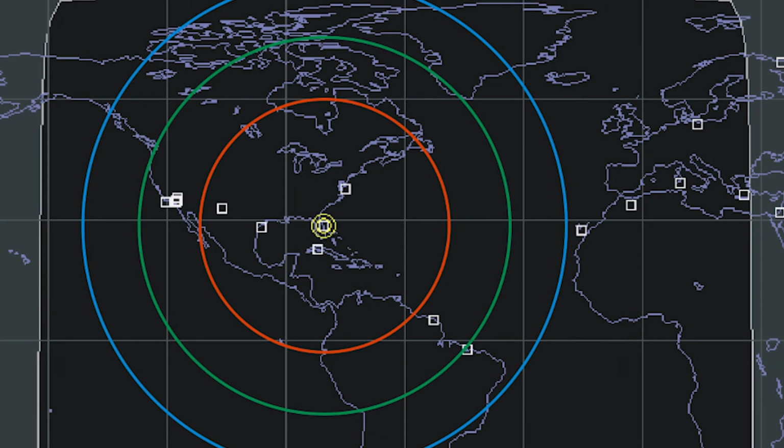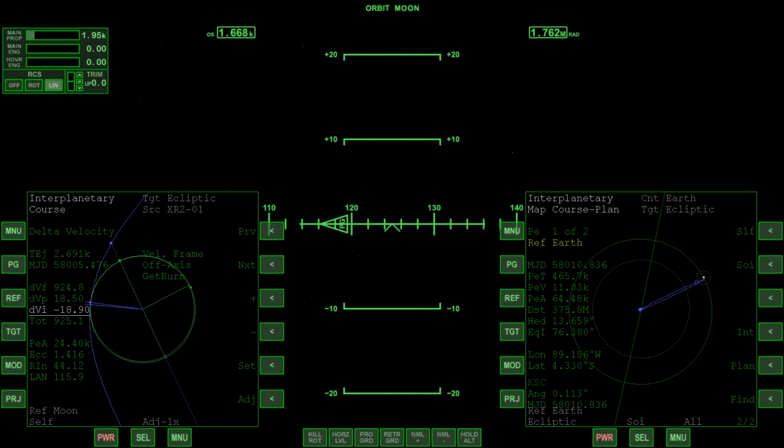If we take a look at this map here, you can see this is where we would actually be hitting the atmosphere, and then our trajectory would take us up this direction toward Cape Canaveral. Also, the equatorial inclination at 76.380 degrees plays into that. You'll notice that the inclination being 76 degrees is getting closer to a polar orbit, but not really. I mean, we're still in a prograde orbit with that inclination.